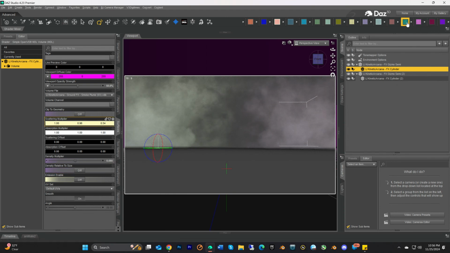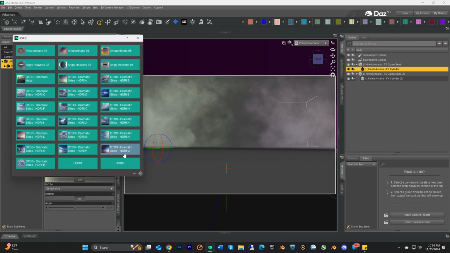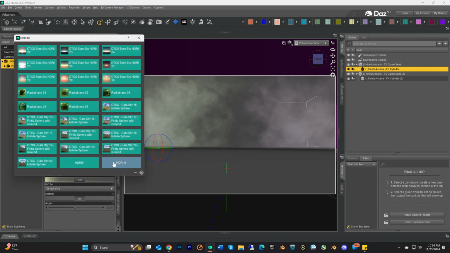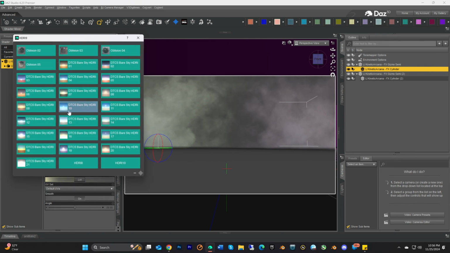And then you can put an HDRI in your scene. So VDBs, if you just want clouds and you don't really care, then you can just use an HDRI and put the HDRI. But lately what I've been doing is putting blank HDRIs in, like clear sky HDRIs. You have a bunch of them that come with this, called Bare Sky HDRI. That's because this product here comes with, I believe, a bunch of volumetric or VDB clouds. And it gives you these bare skies so that you can